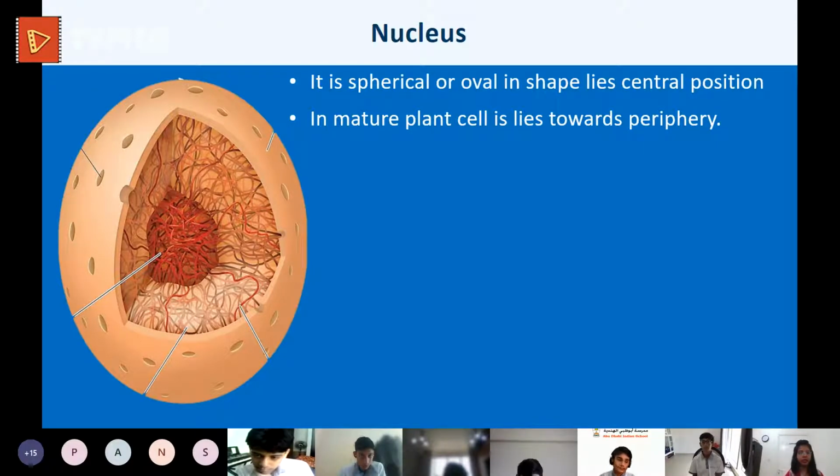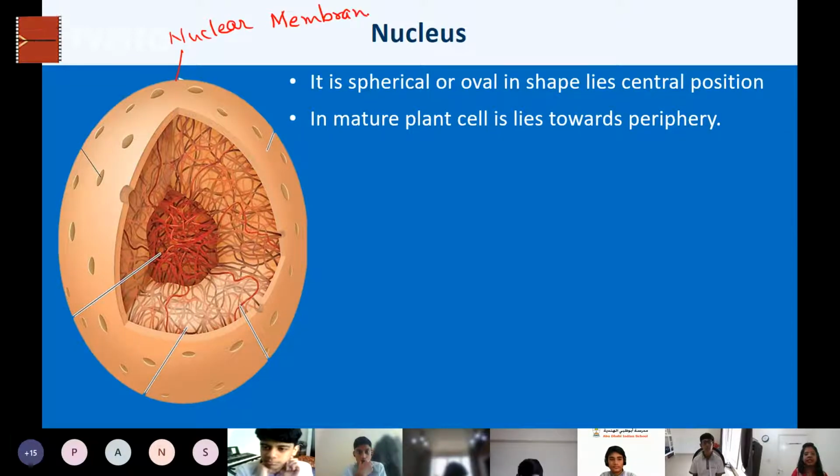Okay, now this is the structure of the nucleus, and the nucleus is bounded by two layers of nuclear membrane. And you know the nature of this nuclear membrane is exactly like the plasma membrane, that is made up of lipid and protein. All right. Here in the nuclear membrane, you can see some holes. Can you tell me the name of these holes present on the nucleus? Pores. Nuclear pore. This is called nuclear pore. So the nucleus has nuclear pores.